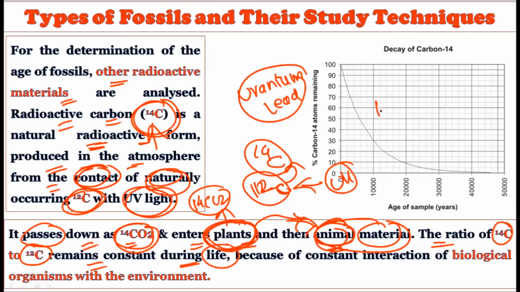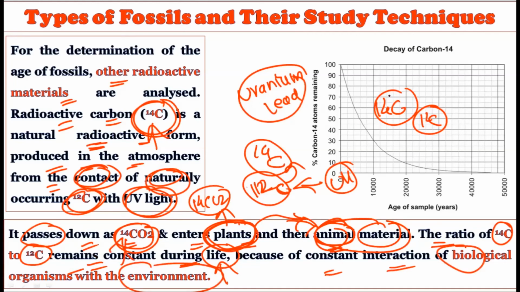So the ratio of C14 to C12 will be there. This ratio always remains constant during their life, because of the constant interaction of the biological organism with the environment. So by calculating the ratio between the C14 and the C12, you can actually calculate the age of the fossil, okay. So this is again a very popular technique in the aging of fossils, that is the C14